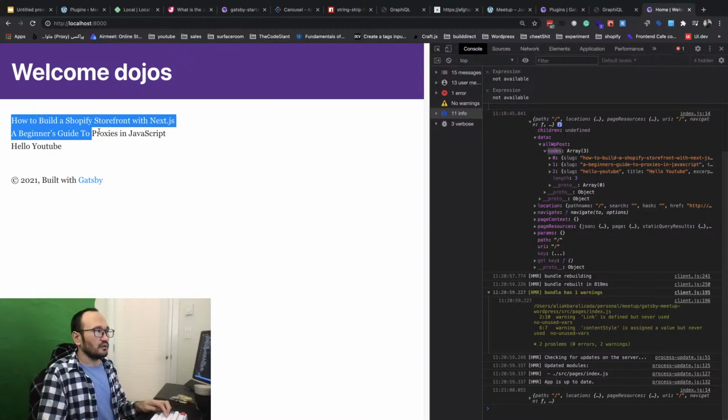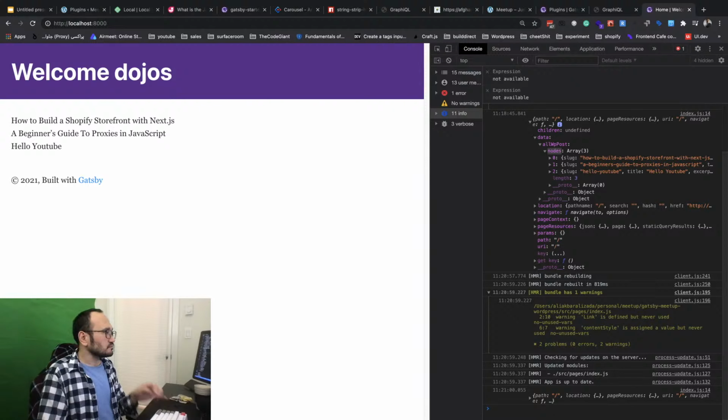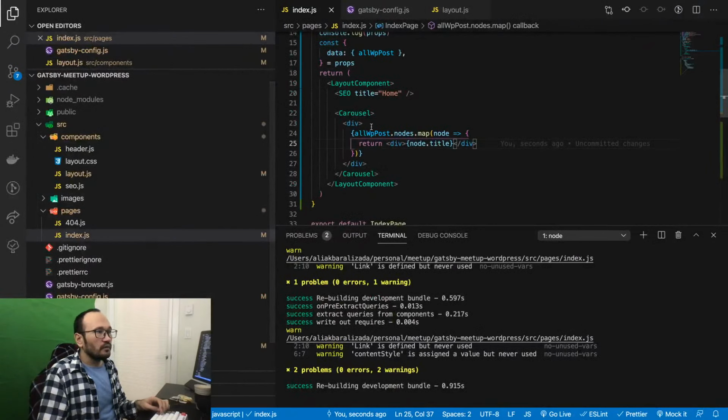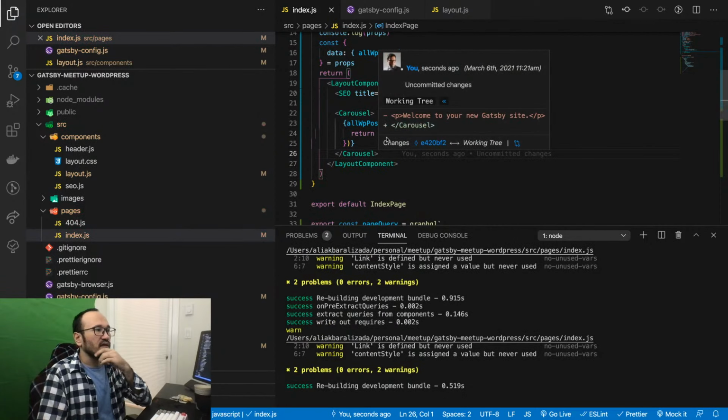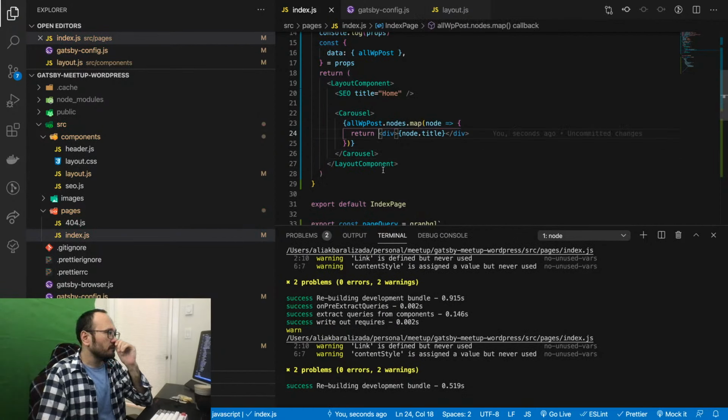Okay, so we got our node.title here. We don't see any other things. Should be fine. One thing, I don't need this one, so let's keep it like that, and then inside a div.